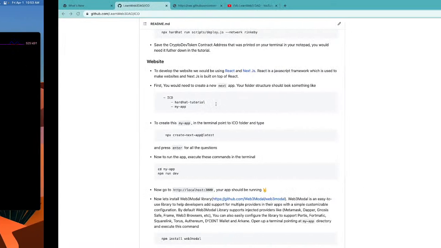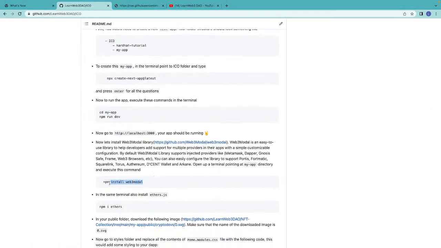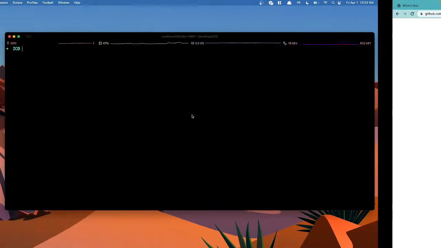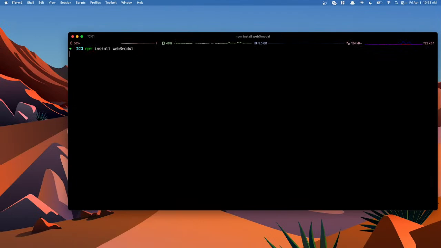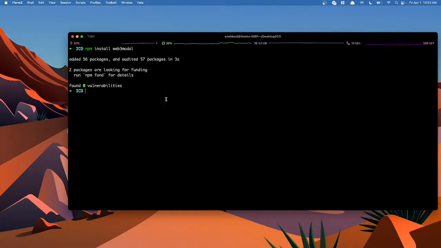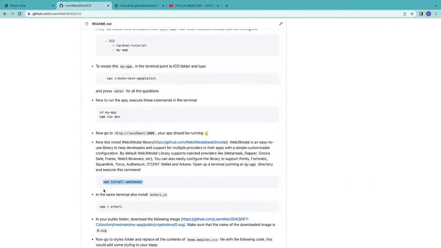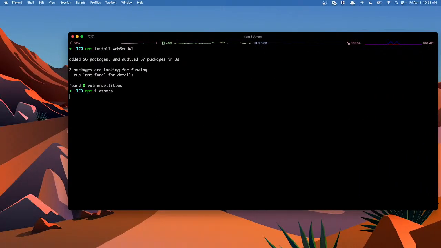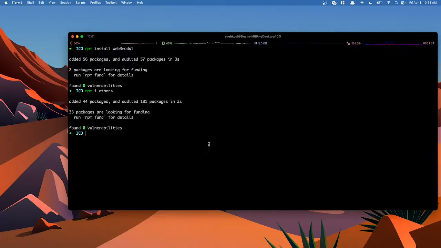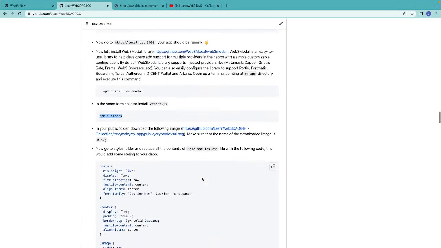Cool. Now we have to install Web3Modal, which helps you connect with different wallets. We'll be using MetaMask and using Web3Modal to connect with MetaMask essentially. And the last step is to go ahead and install ethers. This is very similar to NFT collection and whitelist, so I'm just hurrying this. Then we need to